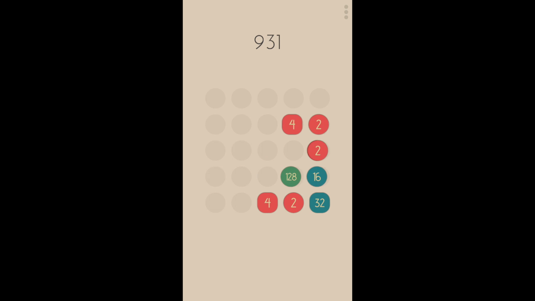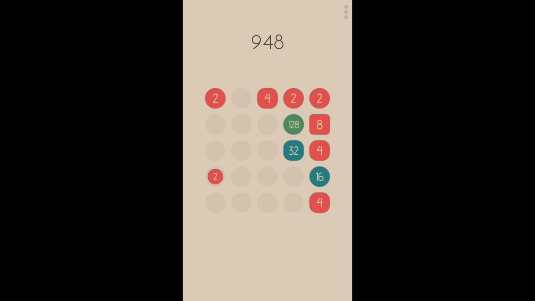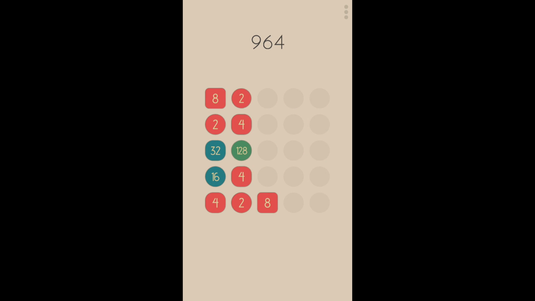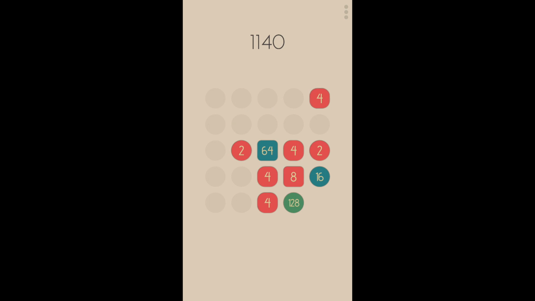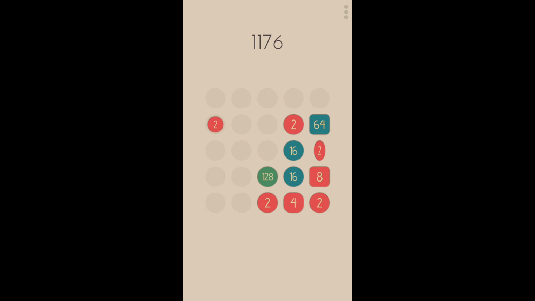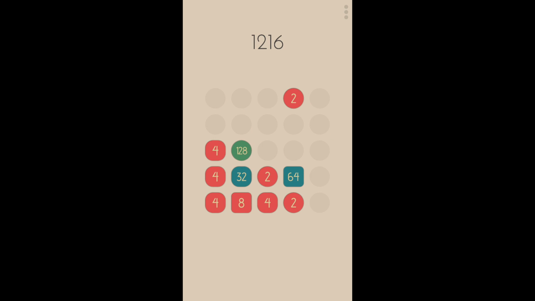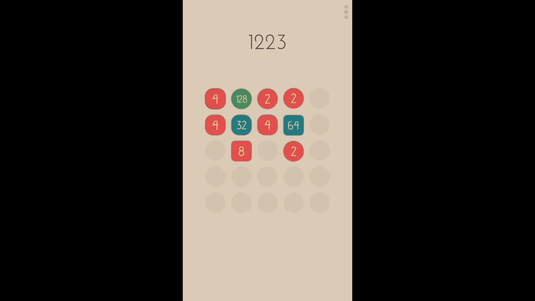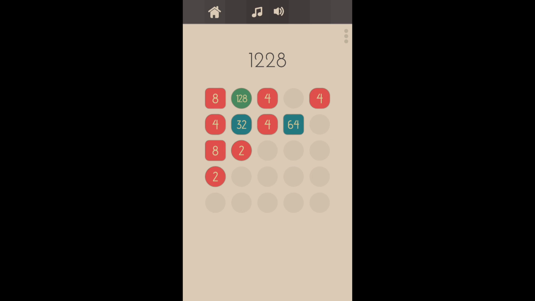But you can see here, same concept as the 4x4 grid, just a lot more tiles to play around with, so you're less likely to end the game faster because you run out of moves. So we'll go back to the main menu,